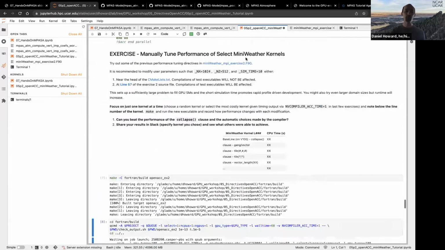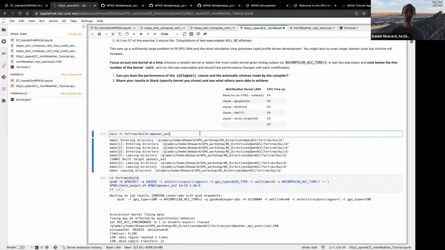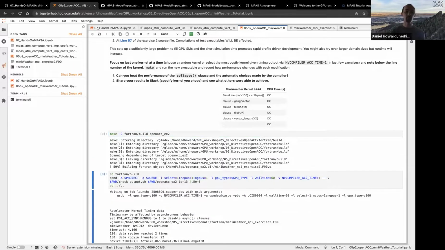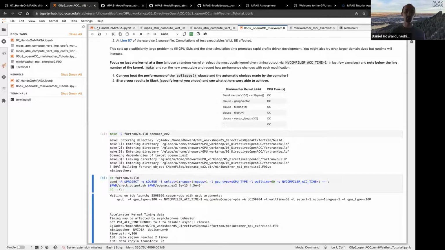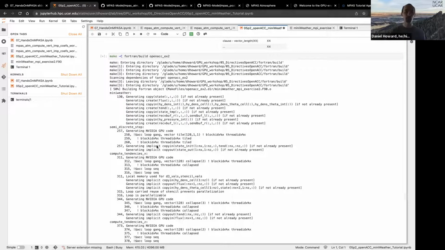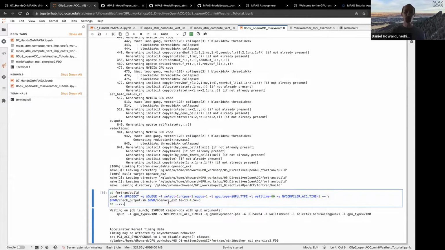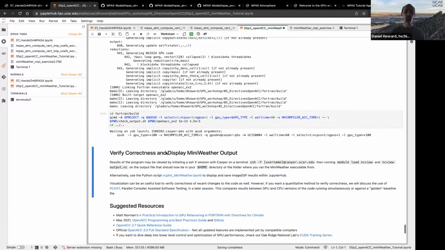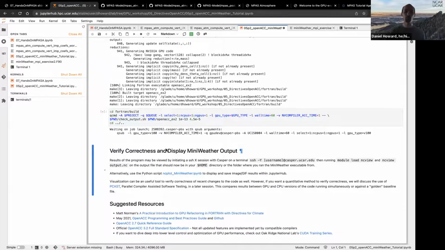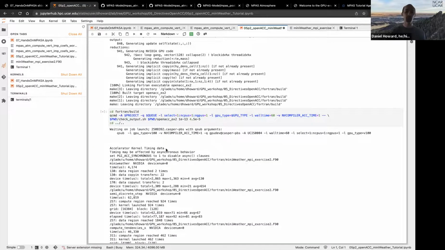But when we do this particular configuration, we can then go back iteratively, pretty quickly, just remake the executable, have that done there. We see it recognizes this tile clause. It's now tiled in this different way as opposed to what it was before. We can rerun it, and then we can look for again that profiler output to see what changes in timing